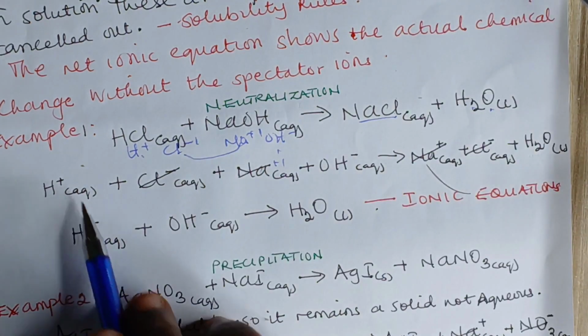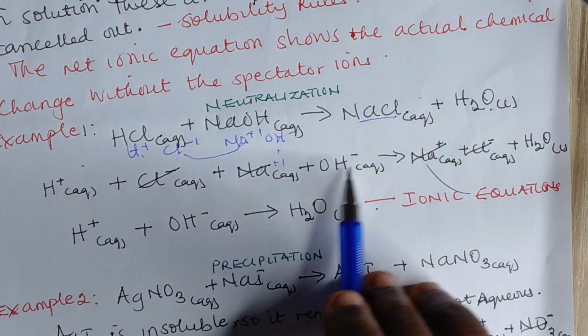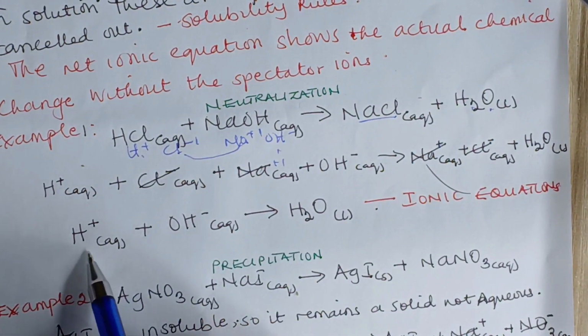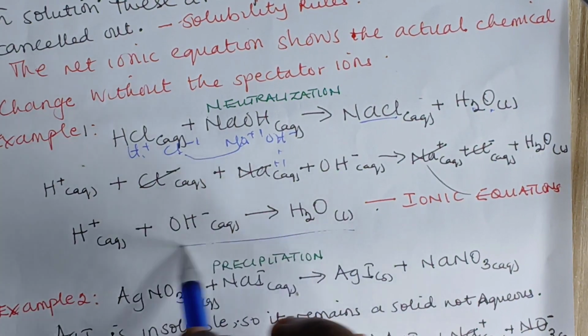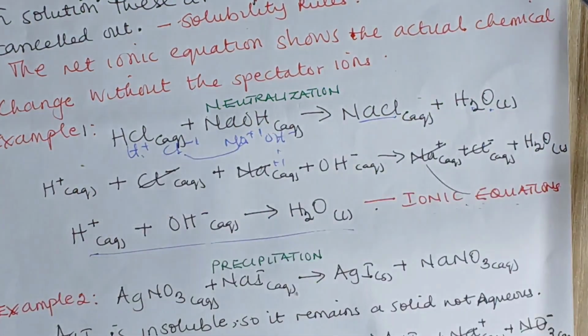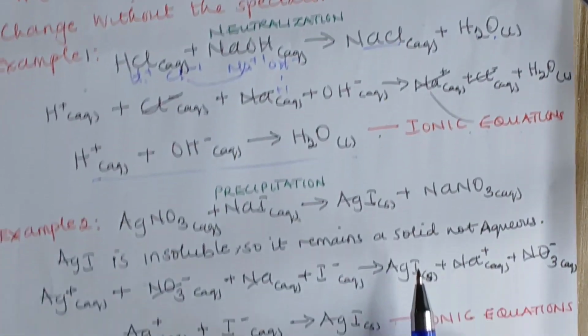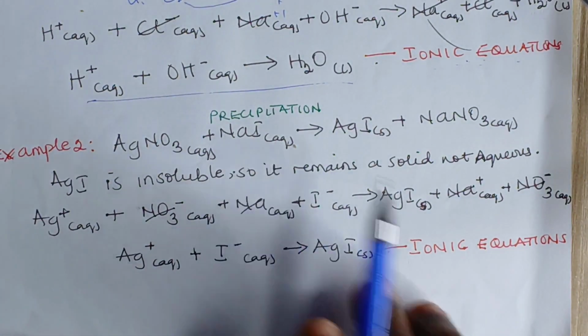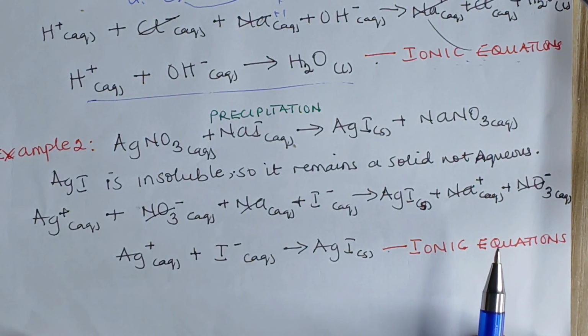So we end up having H plus, that's hydrogen ion, and hydroxide ion on the reactant side, reacting with water. This is just the ionic equation of a neutralization reaction, which is entirely different from the normal chemical equation. Now we also have another example, which is precipitation, the reaction between silver nitrate